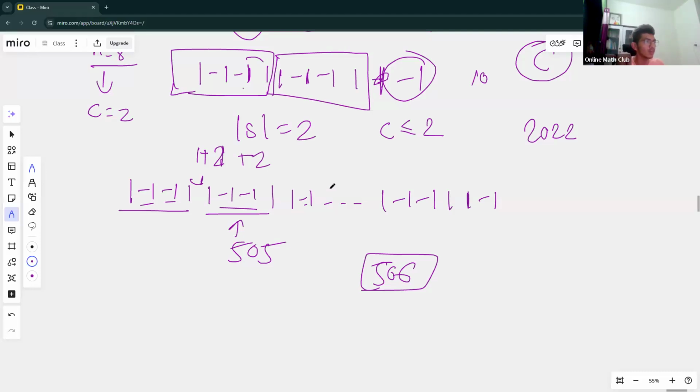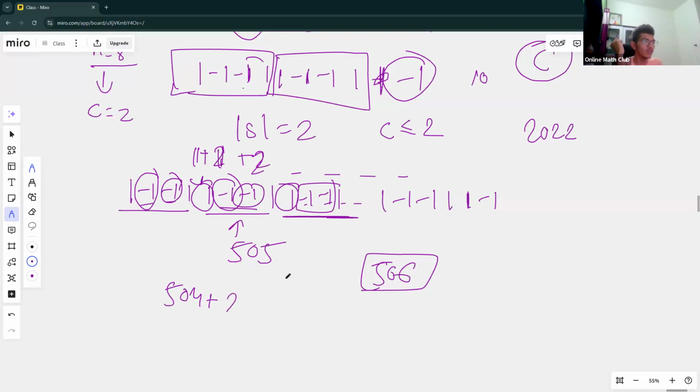If you go for this block, because you will select one of these and you will destroy one of these, select one of these, destroy one of these. So you will get at most one of the minus ones, and here you can get two of the minus ones. So 1 plus 1 plus 2. And similarly till here you will get some